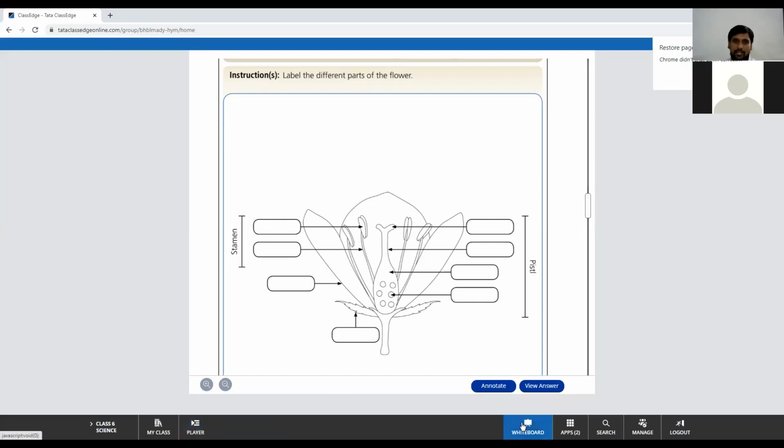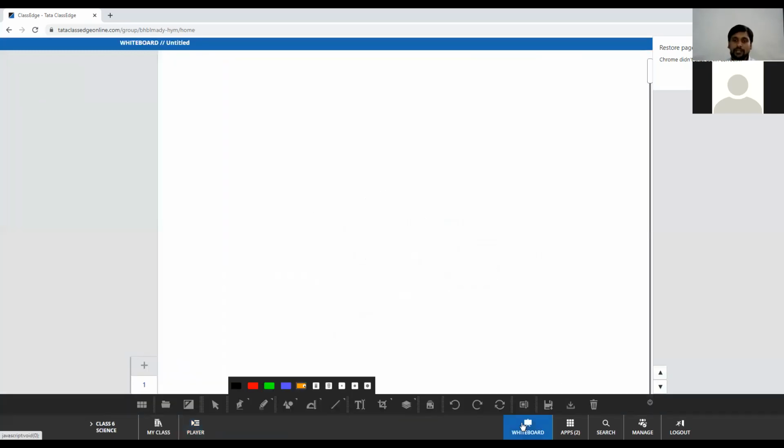Okay, now everyone open your notebooks, my dear. Take a pencil. I'll show you how to draw the structure of a flower. I'll give you the overall view, because it's the most important diagram. How to draw the flower. Did you take it, my dear? Yes, sir. First we need to draw the corolla. Please draw along with me, my dear students, so that you will also be habituated.